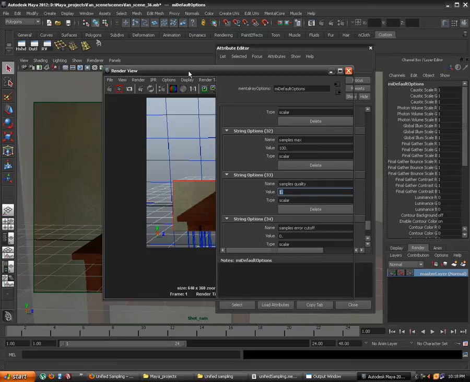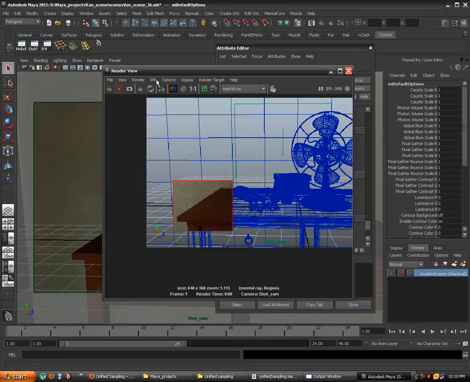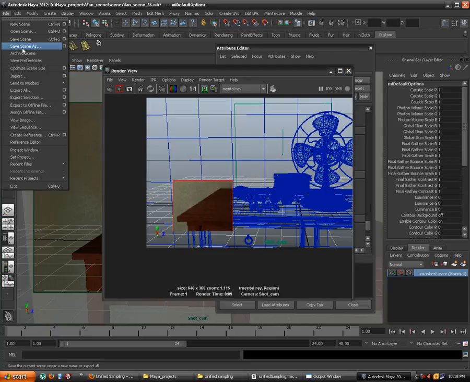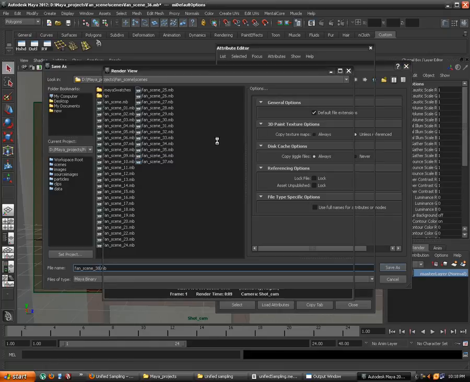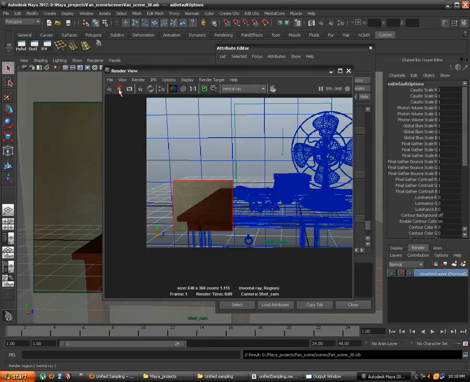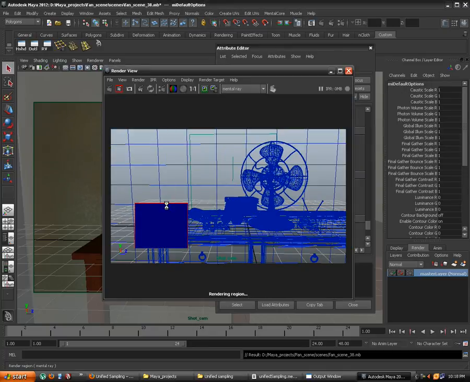So let's take a render of this. I'm just going to keep that on, and let's just save the scene here in case, as you know, we have a crash or something. So I'm going to save this and I render this. Now the image is being rendered using unified sampling,